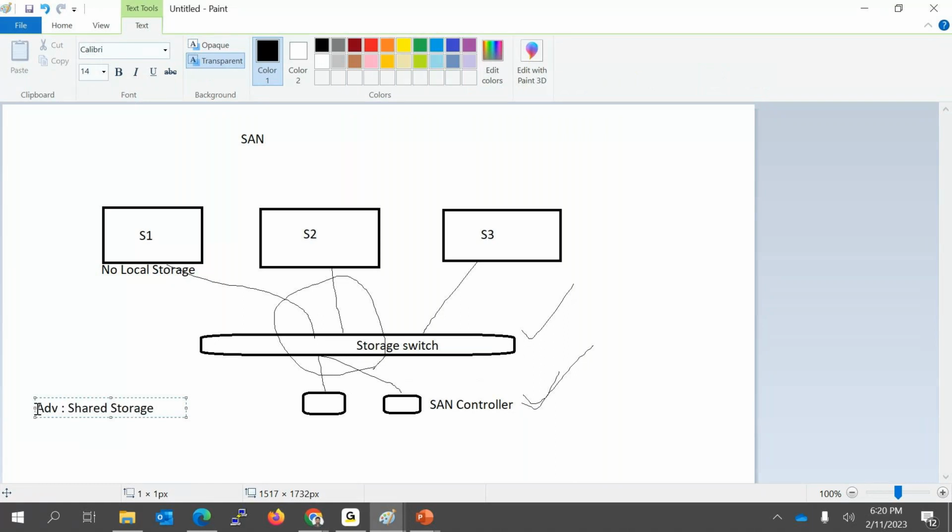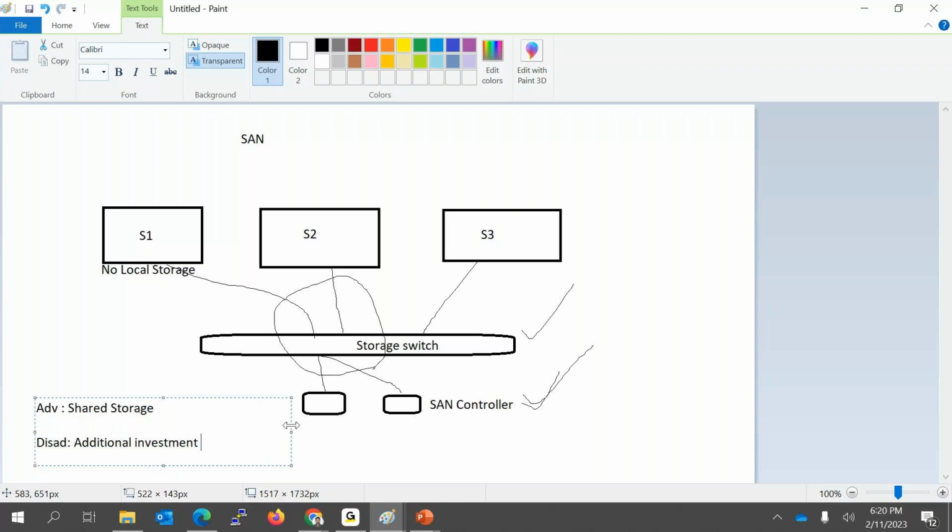Okay, but a problem, I mean, a disadvantage: additional investment. So a few customers are okay with this design or approach. But again, here is one problem.